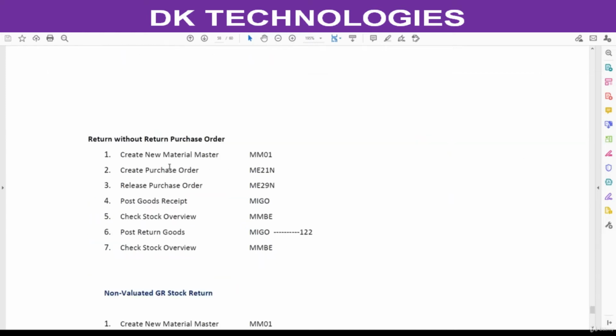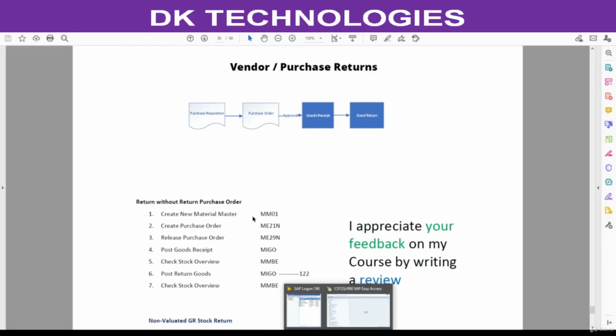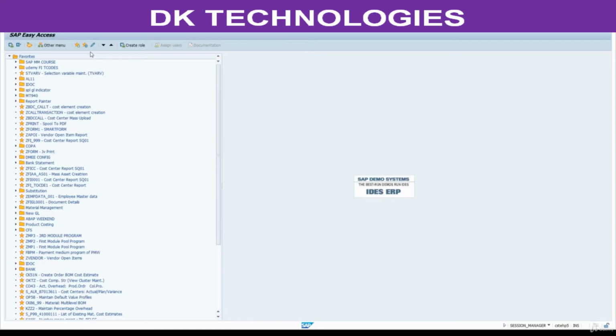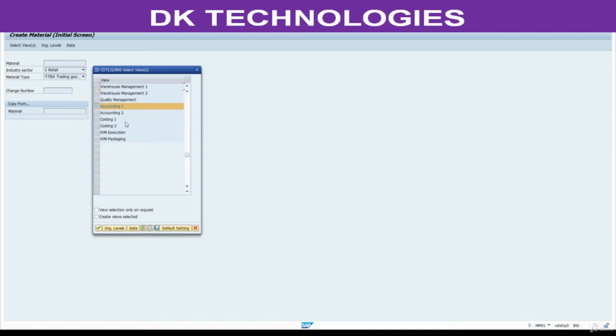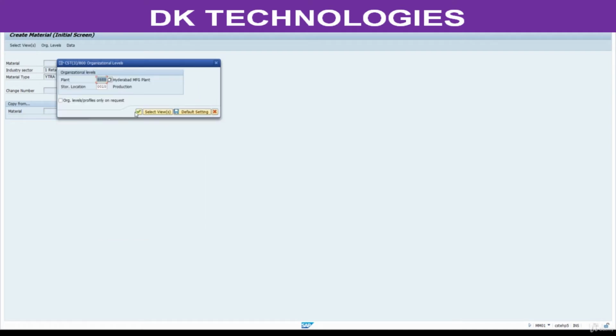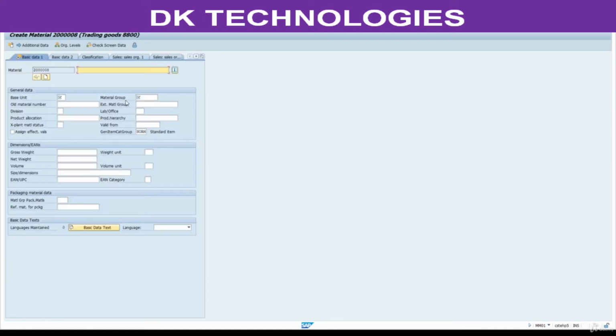Coming to first scenario, we are going to test this. We are going to create a new material master for this testing. MM01. Here select retail. Press enter. 8801 0001. Here return material master. Return material EA.